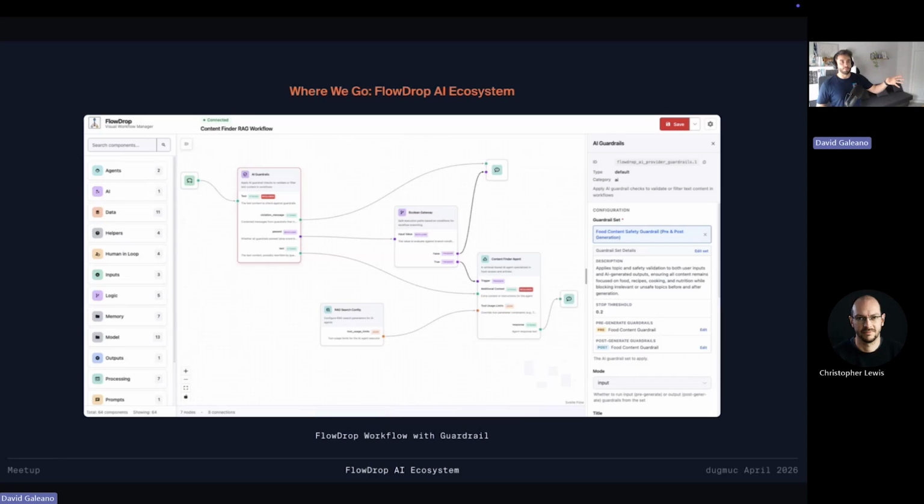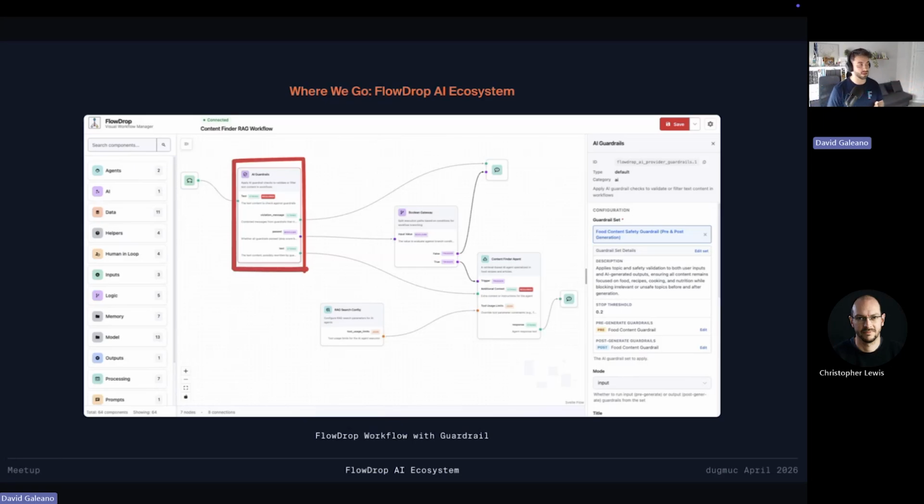In the next example, in this workflow that we have created, we have the AI guardrail component. So when you drag and drop this component inside your workflow, you can see that this is pretty similar to the AI agent executor that we saw previously. You will be able also to create a set of guardrails from scratch, or even select an existing set of guardrails. For example, as you can see in the sidebar, we have a